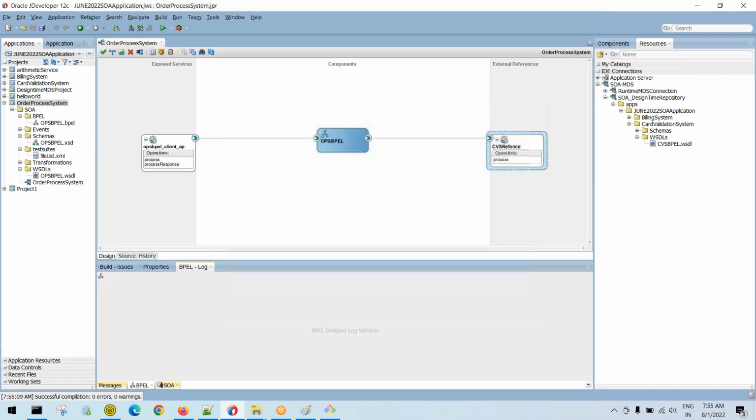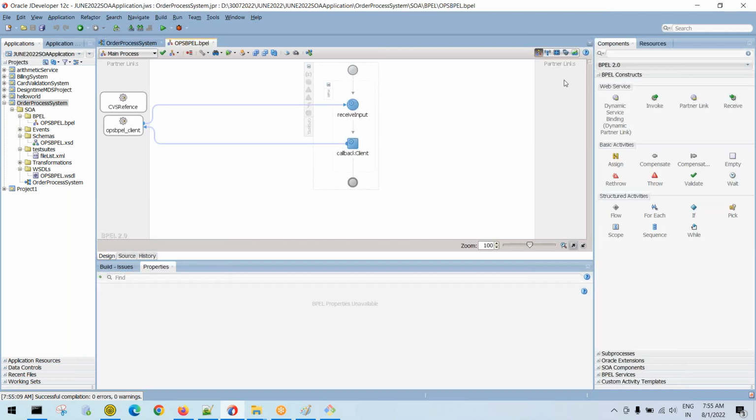Okay, anyway, I have shown you the properties, right? What are all design time properties? What are all runtime properties? All design time properties must be loaded with MDS visitor path. Done. Okay, now if you go back to BPEL process,